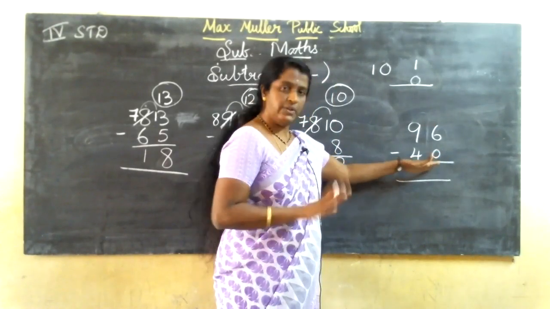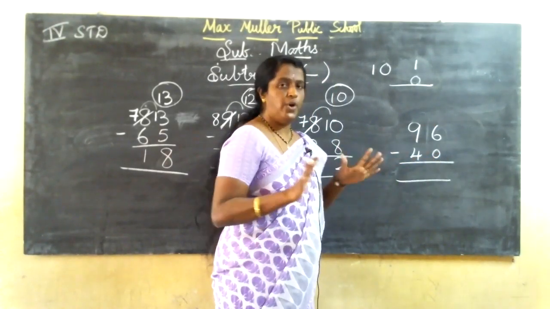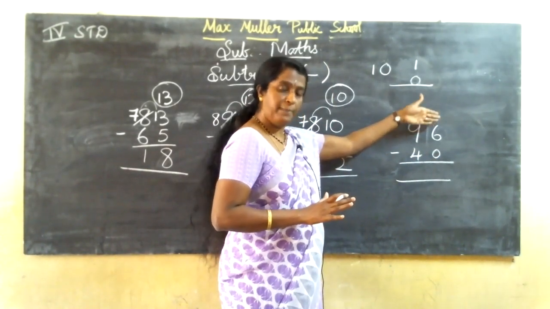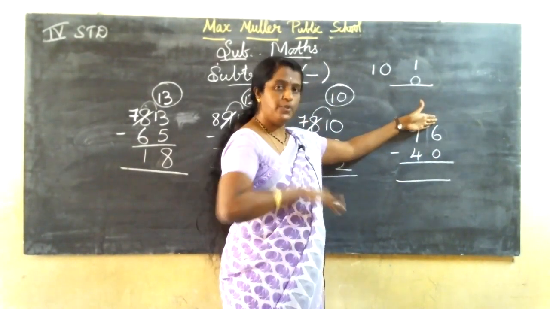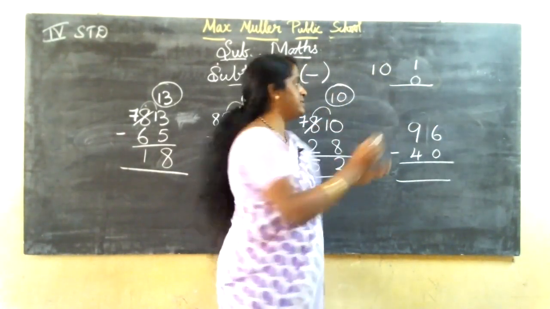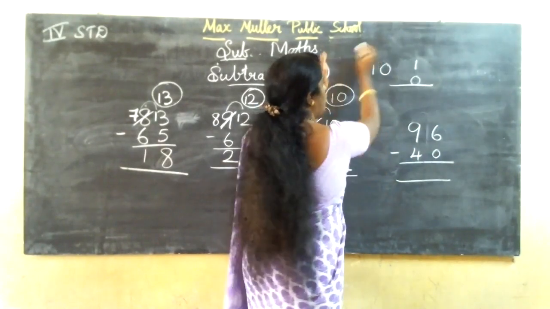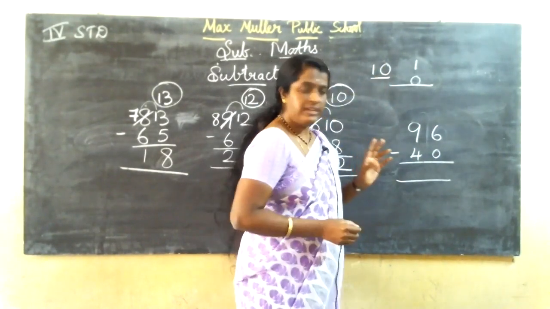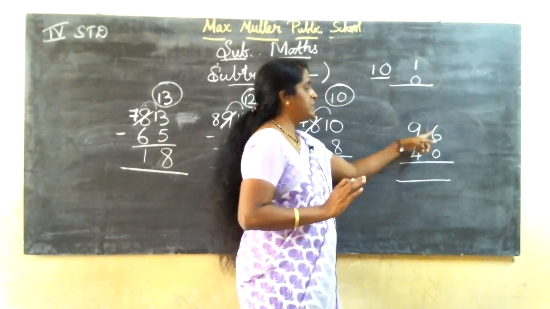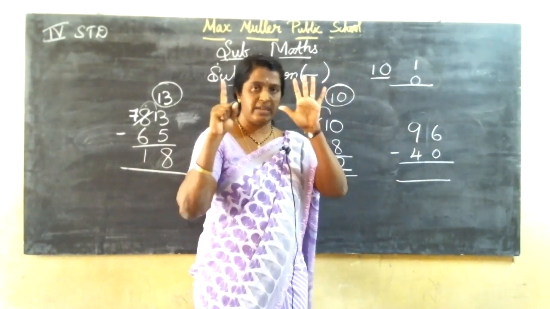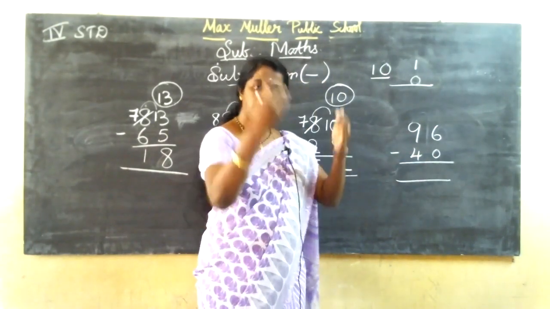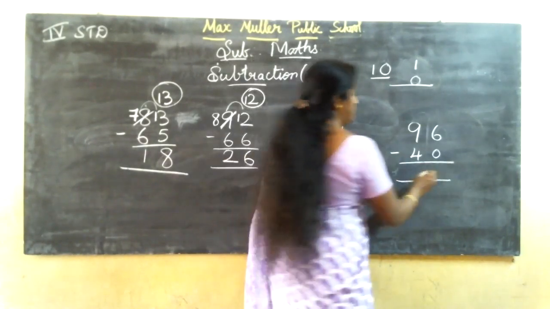If you are below 0 it is there, not down, you should not borrow, children. If above, here it is there, means upper, you should borrow 1. So if you borrow 1 for 0, if you add 1, it will become 10. See, if 0 is there, if you borrow 1, it will become 10. Yes, no? Here you can't write. Now I can borrow like this? No. So 6 minus 0. In 6 fingers cut 0. What answer I should write? So I can write direct 6 answer.